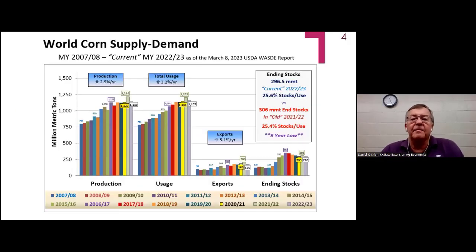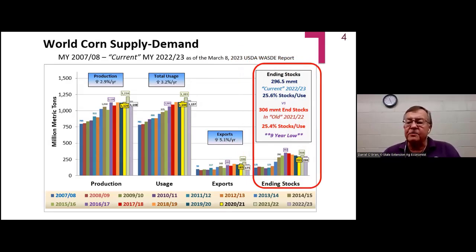So here you have the corn supply and demand balance sheet. This is all corn with China included. You can see over here the stocks numbers. We came out of the 2021-22 marketing year at a 9-year low for stocks, and then stocks to use at 24.5% was the 9-year low. Ending stocks this year, stocks to use just marginally